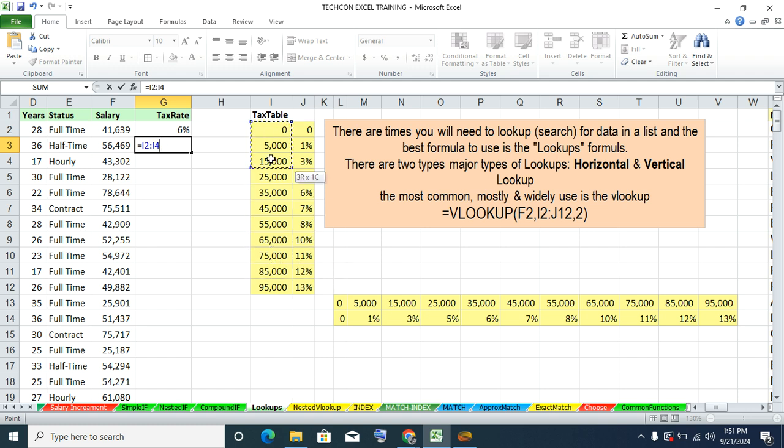It's a vertical table, so we want to use the VLOOKUP. So we say equal VLOOKUP. We want to look for data. What data are we looking for? We want to look for the percentage for this salary. So we say VLOOKUP for the salary in this table, comma, in this tax table,